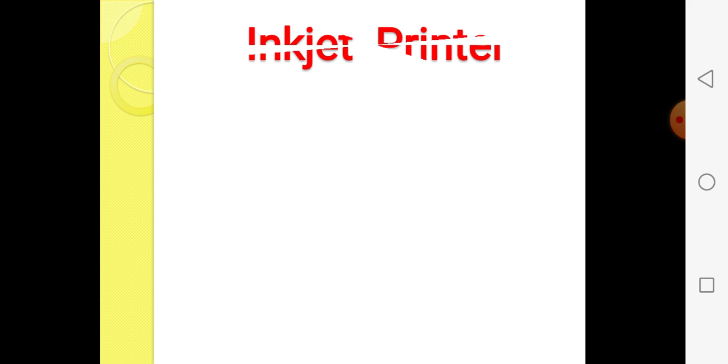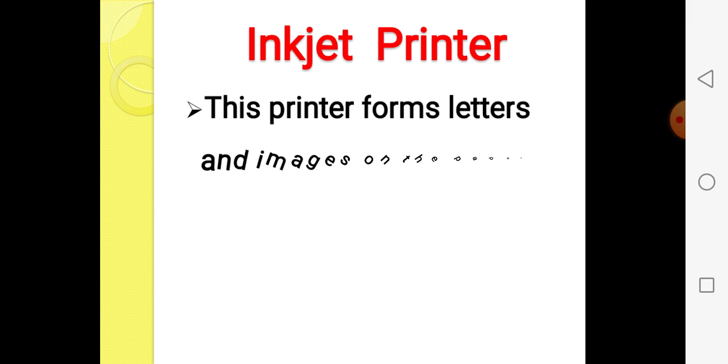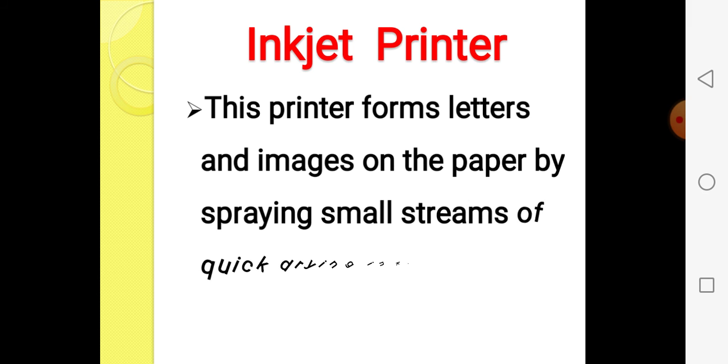Now the second one is the inkjet printer. This printer forms letters and images on the paper by spraying small streams of quickly drying ink. It sprays ink on the paper, and it dries quickly.